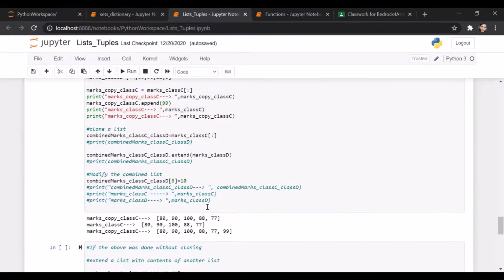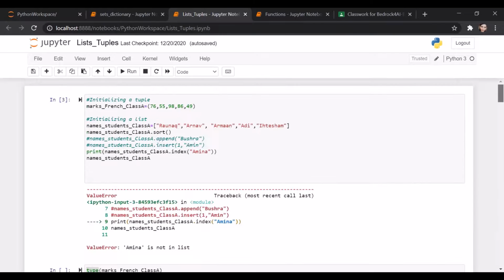Okay, so this is the overview of what is there in this file. You have to practice it to understand, and so just complete it and let me know. Let's discuss all the questions on this file today, and let's discuss the questions on sets and dictionaries in the next class, but I expect you to complete that before the next class.